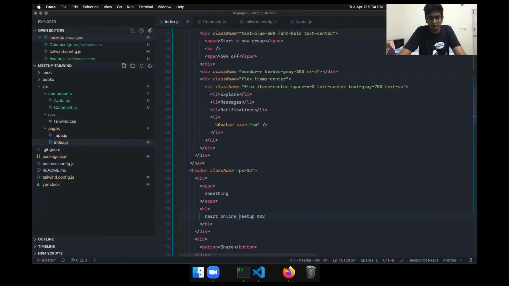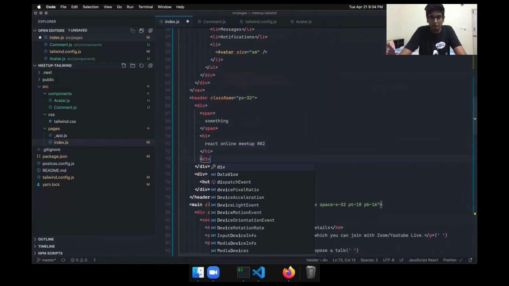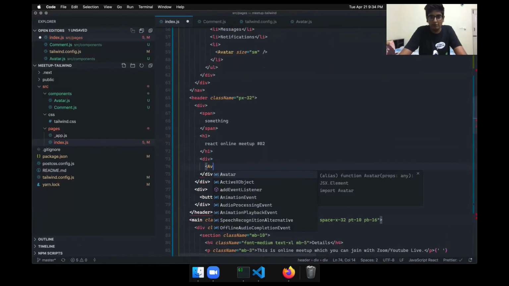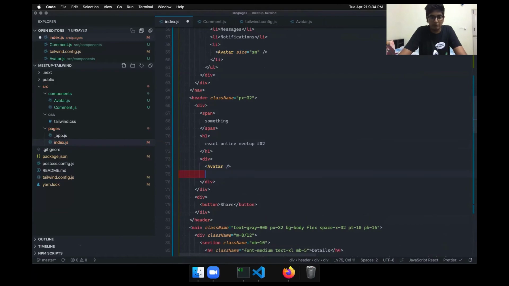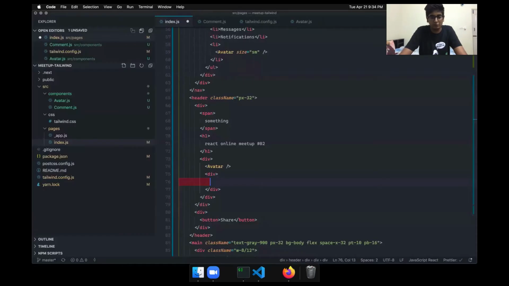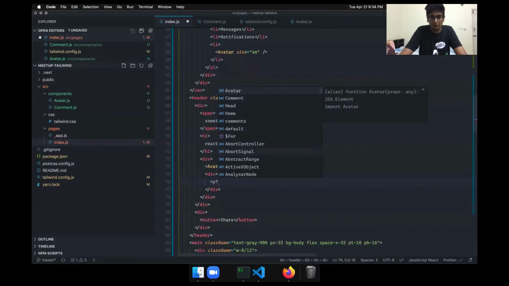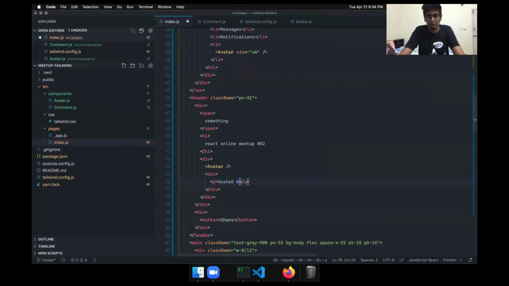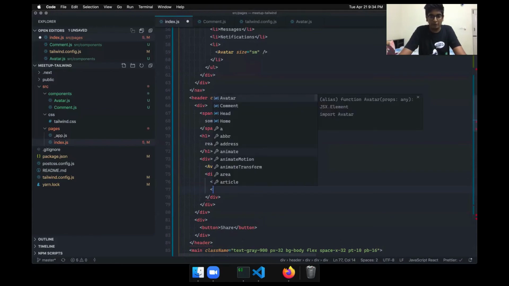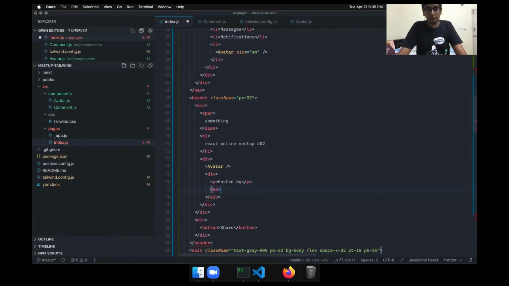And then we have a div. There would be an avatar, normal sized, and a div. This div will have a p tag, posted by, and we have another. We have the name, so let's do H6.